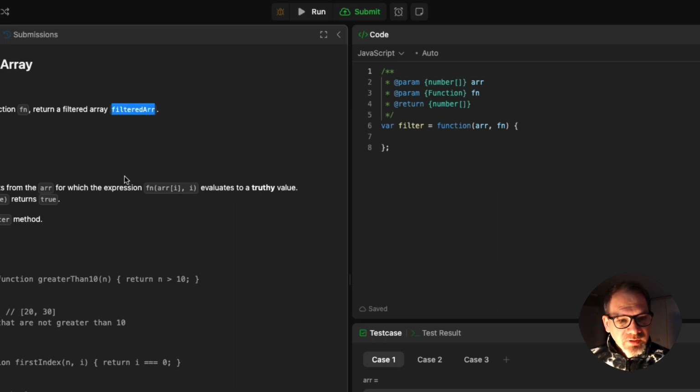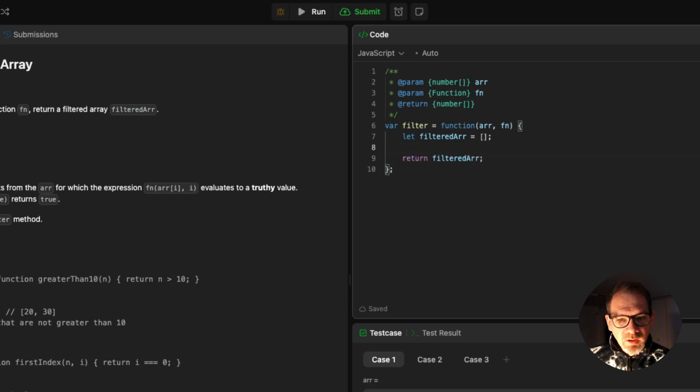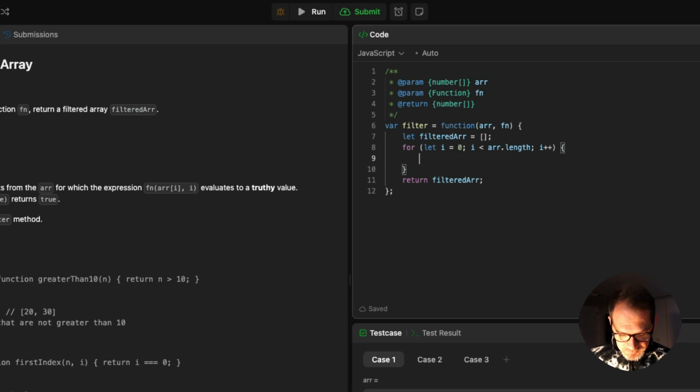So let's take this array here and just create an empty array at the beginning. Now we know that we need to return this array at the end of the function, so let's do that. And now we also need to loop through each element of the array. So I will use a for loop for that. And what we need to do within our for loop, we need to check if this expression,